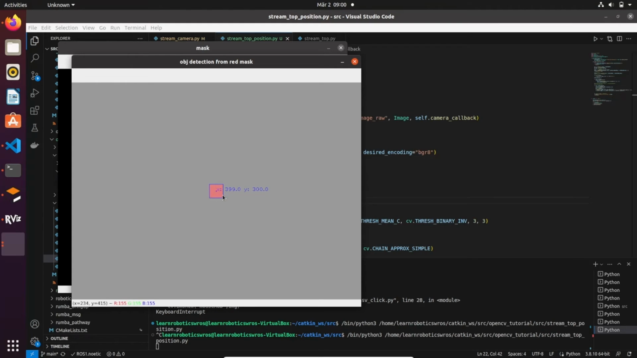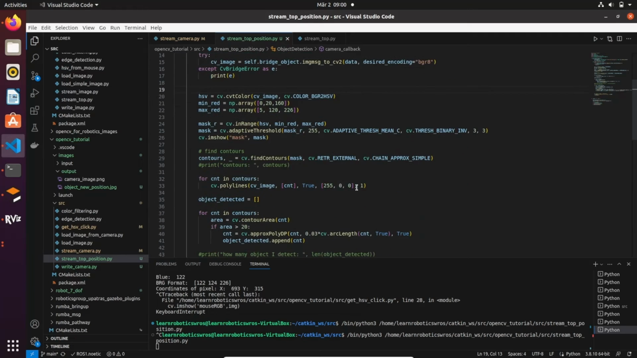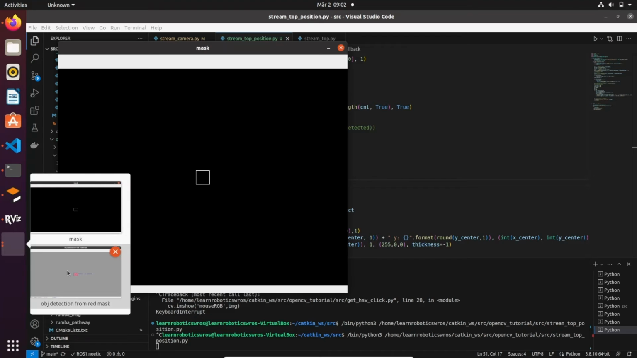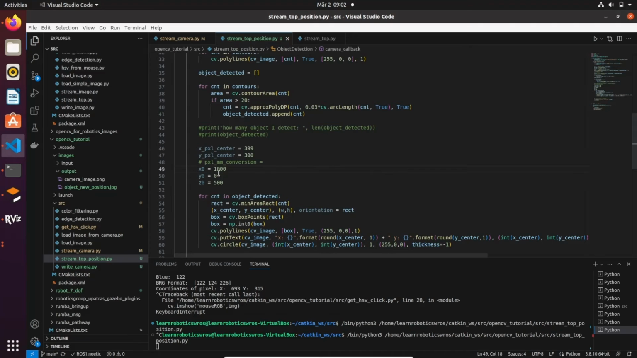Okay, here we go. We have the x0 pixel and the y0 pixel here, and it's going to be 399 or 400 and 300. So let's put it here. Basically, before the for loop to get the coordinates, we can put our static values here: the x pixel center and the y pixel center, which correspond to what we are seeing in the image. These are the coordinates in our real world, which are going to be 1 meter or 1000 millimeters, 0 and